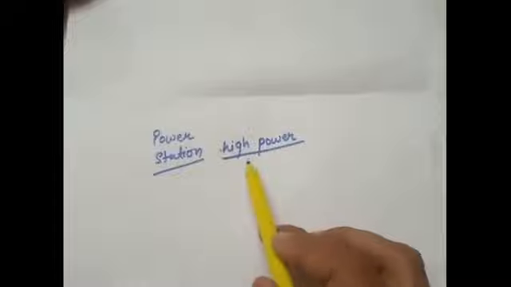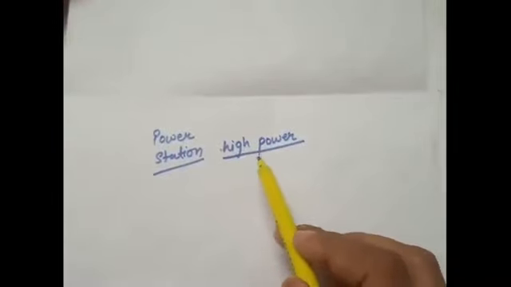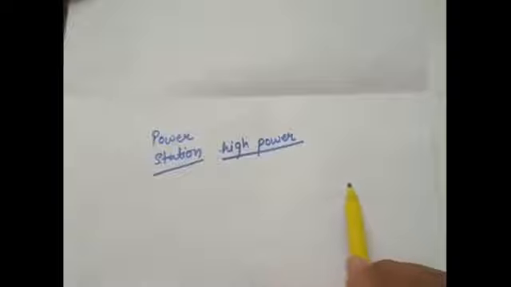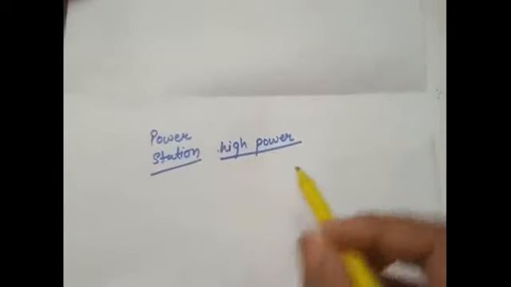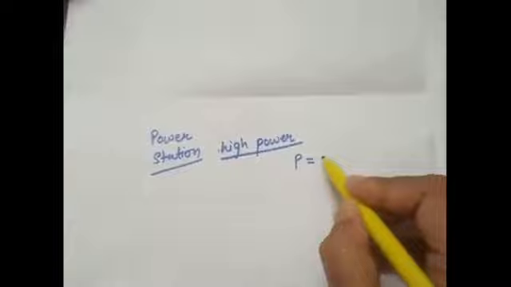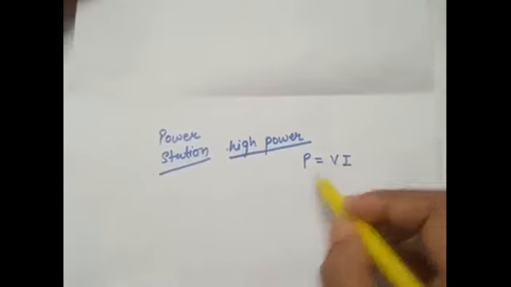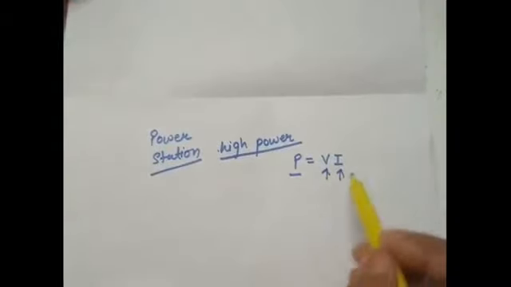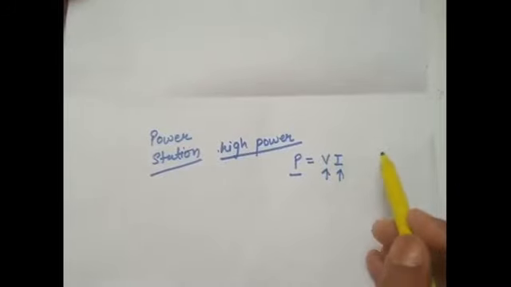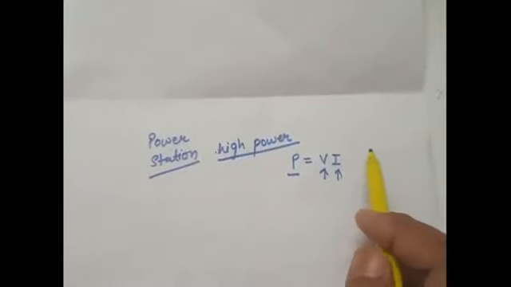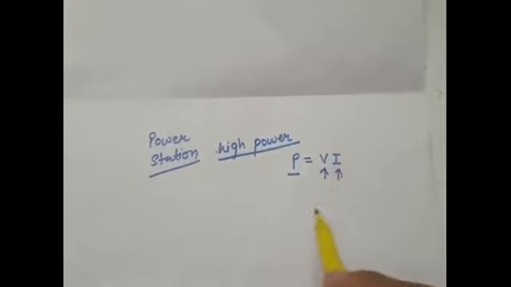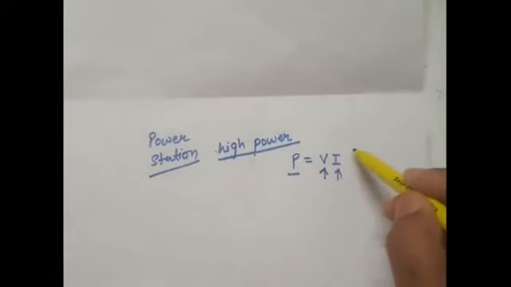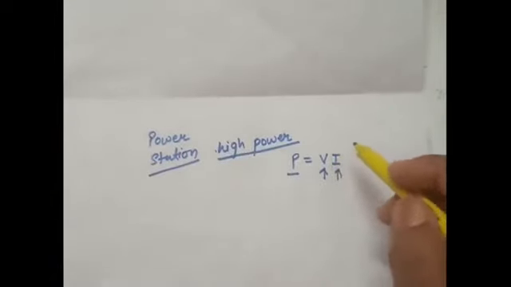So either we supply a very high amount of power so that sufficient power can be supplied to our homes. But if we do this, according to the formula of power, we know that power is equal to V into I. When power is very high, either voltage will be very high or current will be very high. If the current is very high, then according to Joule's law of heating, heat will be produced in the wire, and that heat is a loss of energy, and it will also cause damage to the insulation cover, so more loss of energy will be there if more heat is produced.